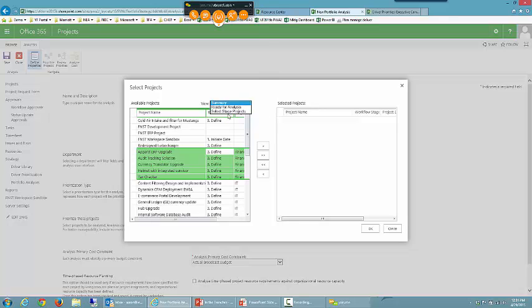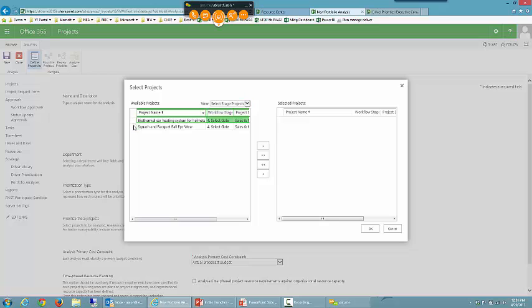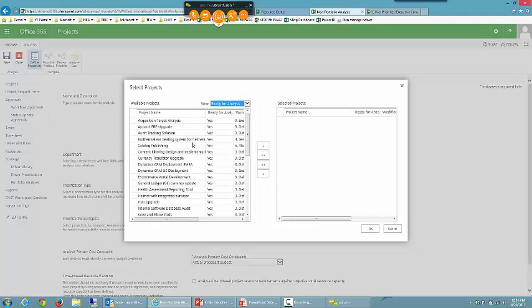So for instance, if I wanted to see just projects that are in the select stage of my workflow, I have a view that applies that filter, and I can see that there's just 2 projects that are at that point. Okay? Or I might use something a little simpler, and I might have a custom field that's a flag field that just says whether a project is ready for analysis or not. And I have a view that exposes that column. So I'm going to select that view, and I can see the list of projects that are ready for analysis,